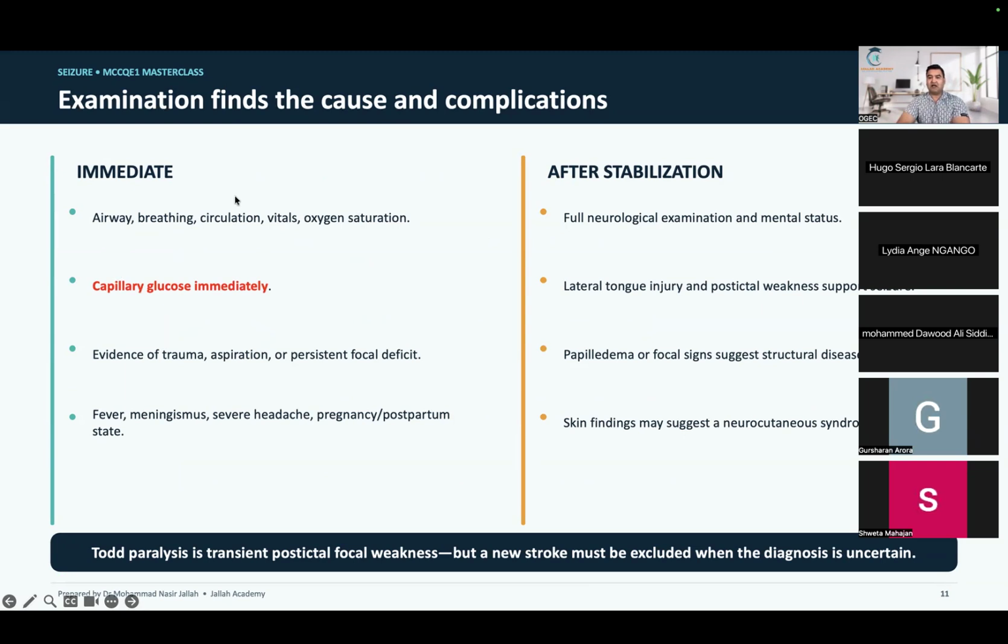Immediate: so what do we have to do for somebody who is seizing? Obviously, someone who is seizing needs stabilization, right? We have to apply the ABC: airway, breathing, circulation, vitals, oxygen saturation. Capillary glucose immediately. So this is something that they expect you to know and is most commonly tested in seizure. They expect you to know, and please check it